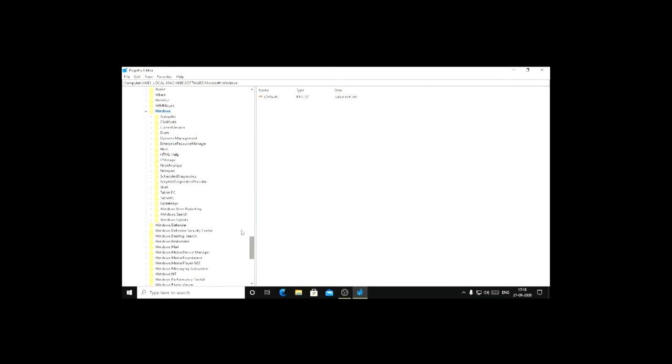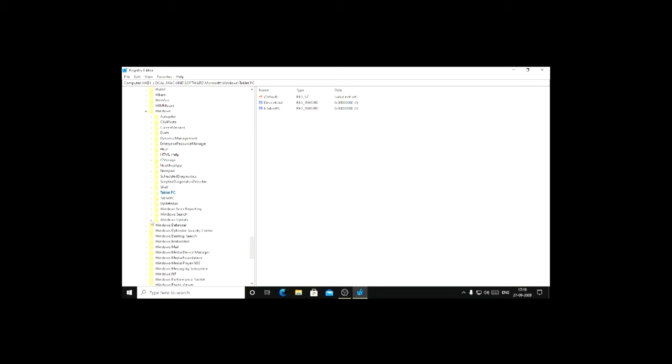In Windows, just right click anywhere and you'll find the option New, and select Key. If you select Key, it will create a new file like this. In that file, rename it Windows Update.